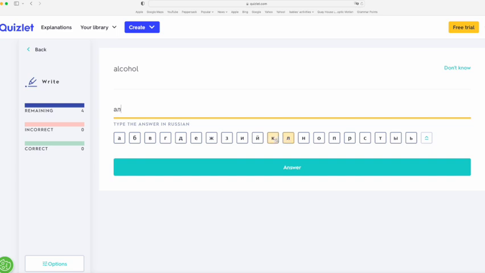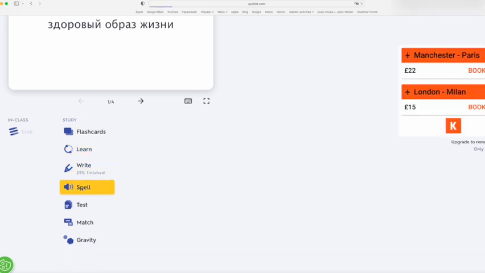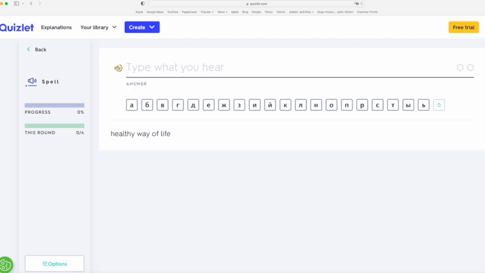where you can see an English word and you need to type the word in Russian. The Russian letters are provided. And you can also see how many words you got incorrectly, how many correctly. Then you can spell the words, where you type whatever you hear. Again, the Russian words are there,